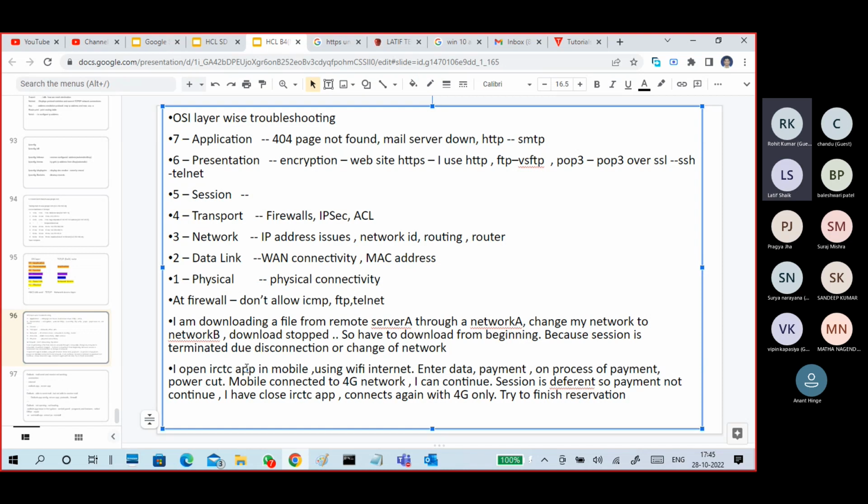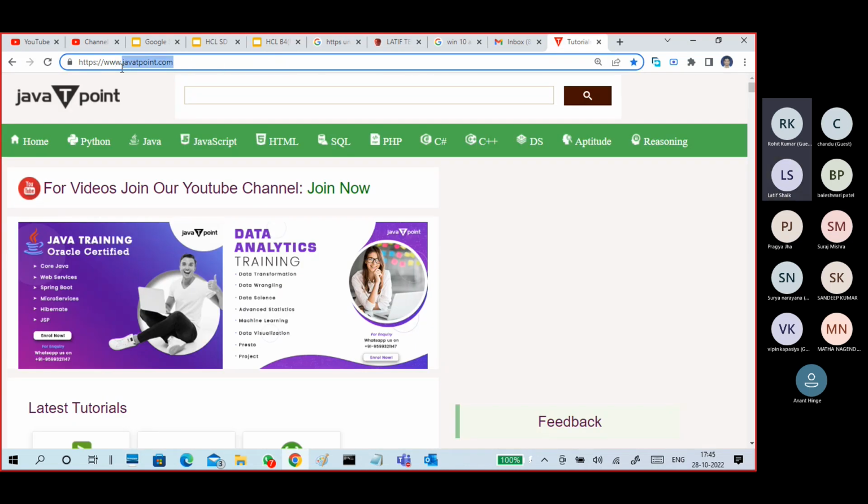You are communicating with names. When you open websites, you are communicating with the name. With name you are communicating means